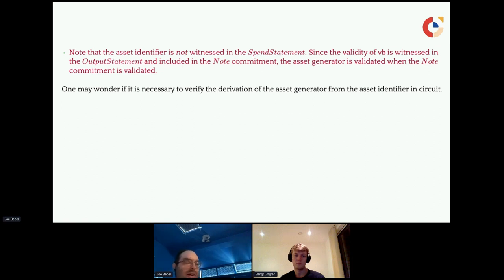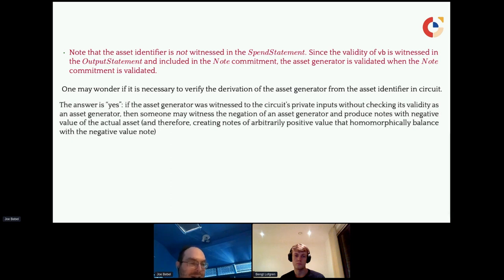The answer is kind of yes and no. The answer is yes in the construction that we just described, but for the reason that I just described. If someone witnesses the negation of an asset generator and produces notes with negative value of some actual asset, they can create notes of arbitrarily positive value that homomorphically balance. Now, that being said,